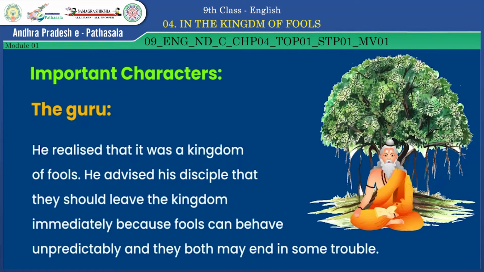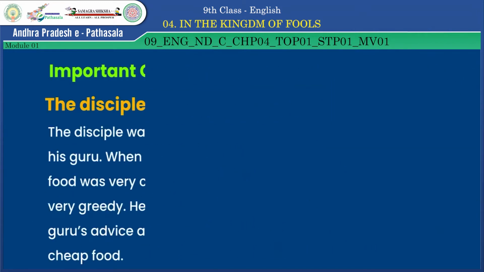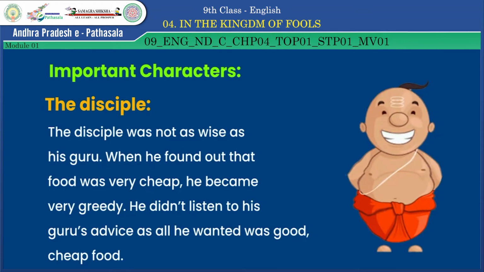The Guru left the kingdom, but the disciple stayed back in the kingdom. He ate all the delicious food available in the kingdom, ghee, bananas, rice and everything which was available at cheaper rates. Eventually, he grew fat like a street side sacred bull. Now everything was going very fine in the kingdom.